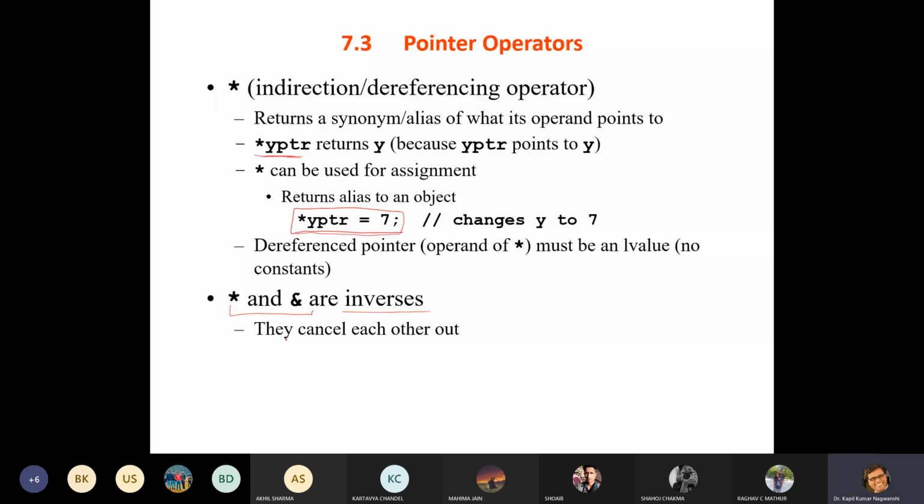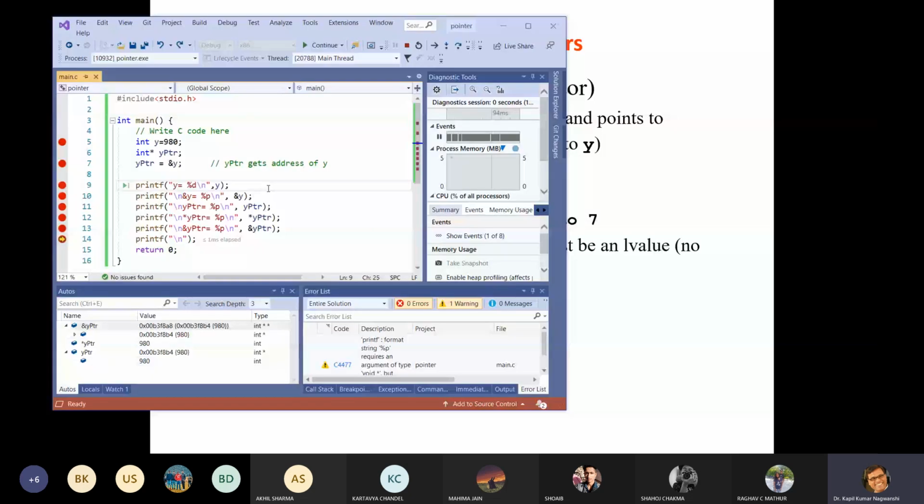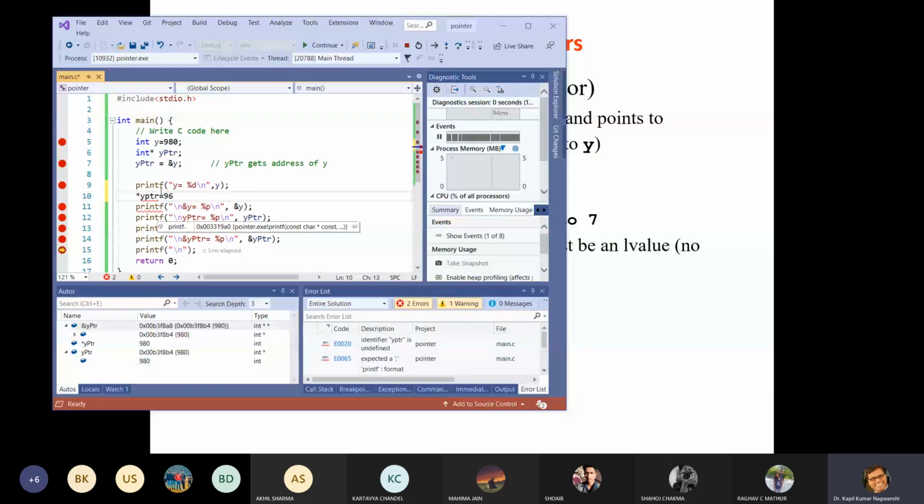This is our program, and let me write here. I had written y. Then let us write star yptr equals 96. Fine, and I am not going into so many things, neither am I interested in the address of y pointer.